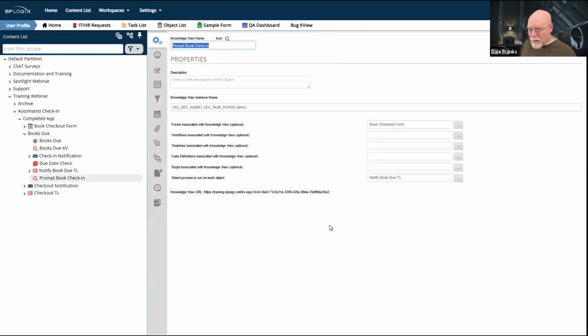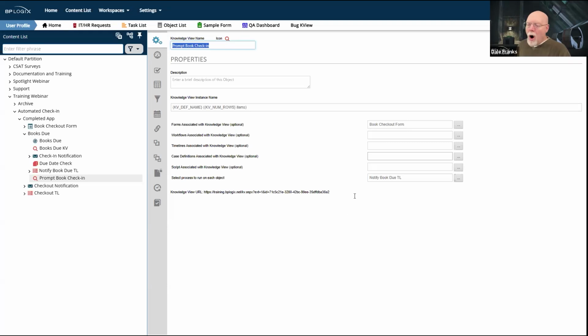This is the knowledge view that is going to kick off the check-in processes. This is the knowledge view that is going to be invoked by our goal when we finally create our goal. We can't create our goal unless this knowledge view exists, so we have to create it next.